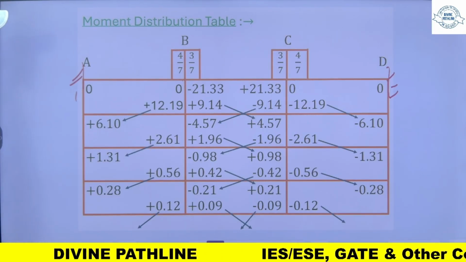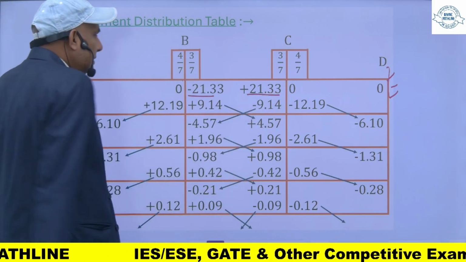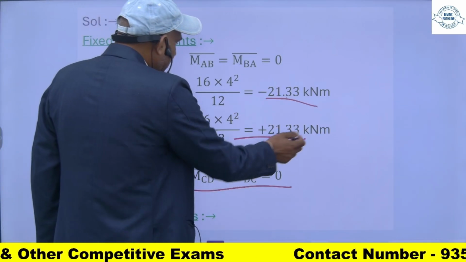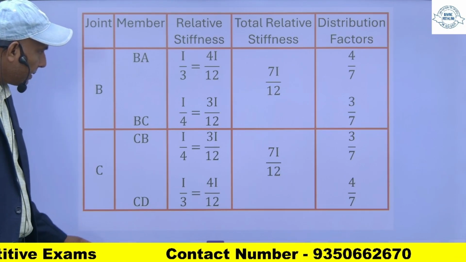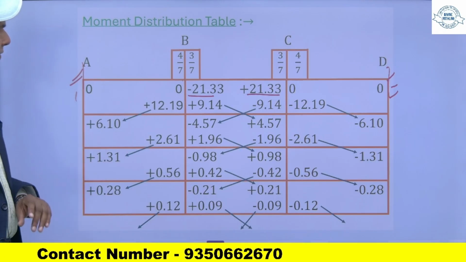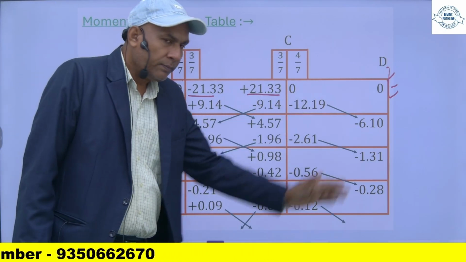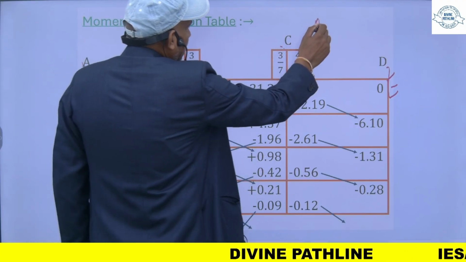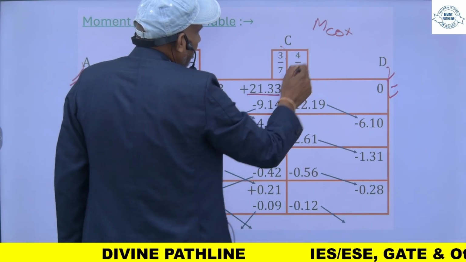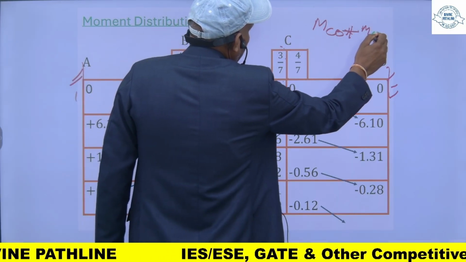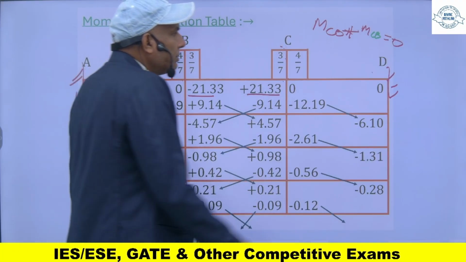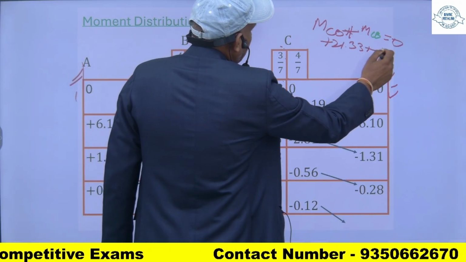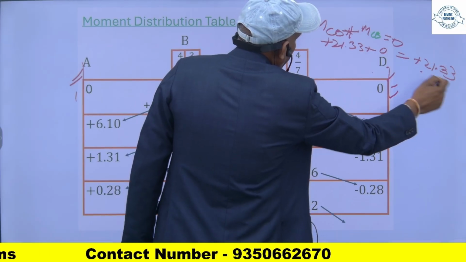दिस इज माई डिस्ट्रीब्यूशन। तो एम बी सी इज इक्वल टू दिस वन एंड सी बी इज इक्वल टू दिस वन। एम बी सी इज इक्वल टू -21.33, एम सी बी इज इक्वल टू +21.33। ये हमने प्लॉट कर दिया। नाउ इफ यू सी दिस एंड इज फिक्स्ड, दिस एंड इज फिक्स्ड फॉर द इक्विलिब्रियम ऑफ दिस ज्वाइंट, इस ज्वाइंट के इक्विलिब्रियम के लिए सम ऑफ एम सी बी प्लस सम ऑफ एम सी डी, ये दोनों मोमेंट का जो सम है इस ज्वाइंट के इक्विलिब्रियम के लिए ये इक्वल टू 0 होना चाहिए। बट दिस इज नॉट इक्वल टू 0। ये क्या है? +21.33 प्लस 0 है, मतलब +21.33 का एक्स्ट्रा मोमेंट ये है,